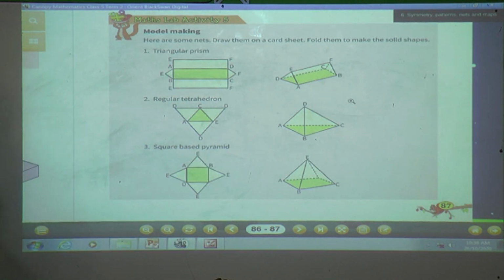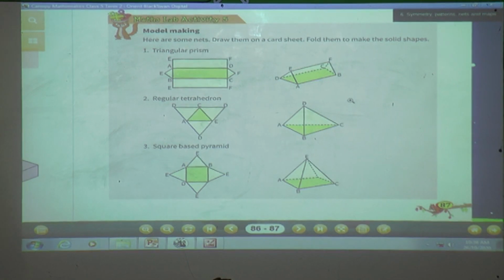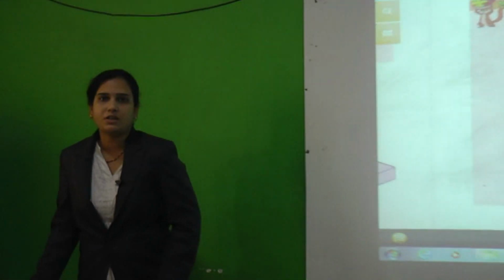Okay, students, now in mathematics, calculation is very important in every operation. So for that you need to learn the tables. Now you are in the 5th standard, so you can learn the tables till 20, 21 or till 25. So, students, whenever you learn the tables, you will be perfect in maths.